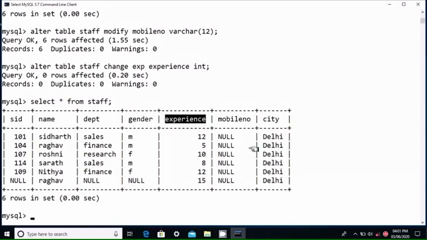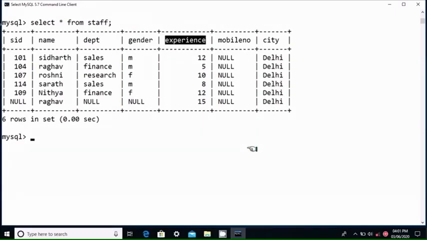Okay. Next we can check how to remove a column. Now we can write the query as alter table staff then drop keyword. Now we are going to remove the column city. So we can write drop city then semicolon.